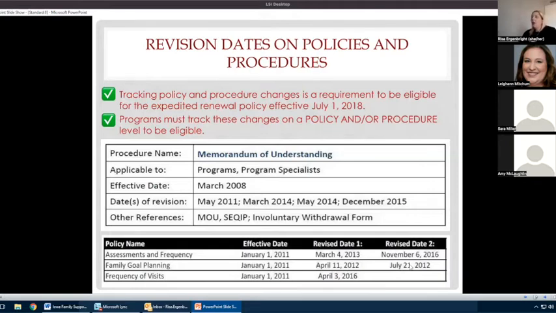And so we need to be able to know what that is. And we don't want to have to guess at it. We want programs to be able to look at something and say, yep, we've revised our assessment policy and we've revised our policies on what the structure of our group opportunities look like. And so those are the ones we need to include in there as well. It tells us what standards need to be added to that expedited renewal because the policy has been changed since the last peer review.